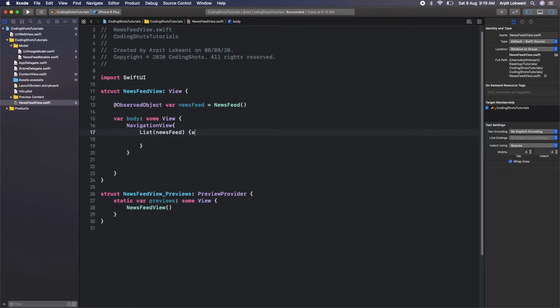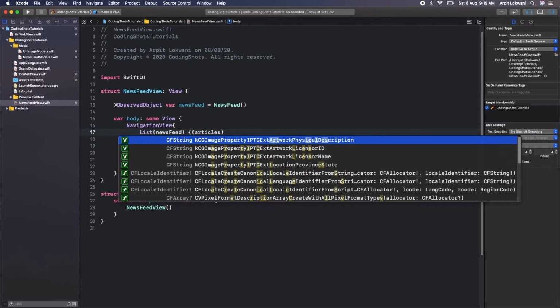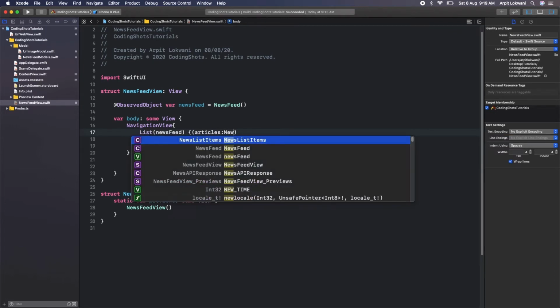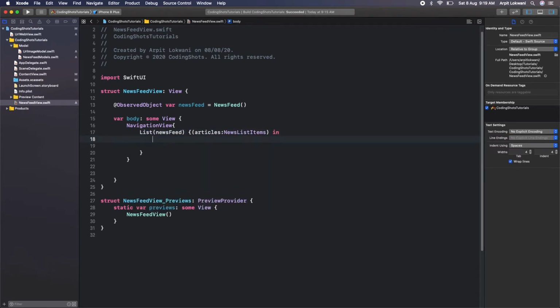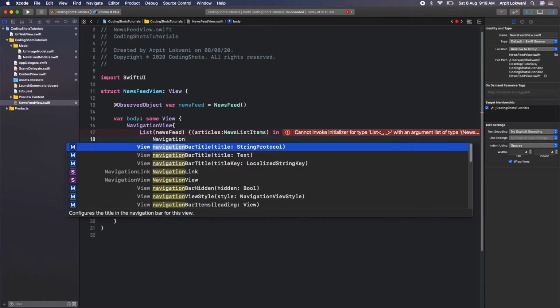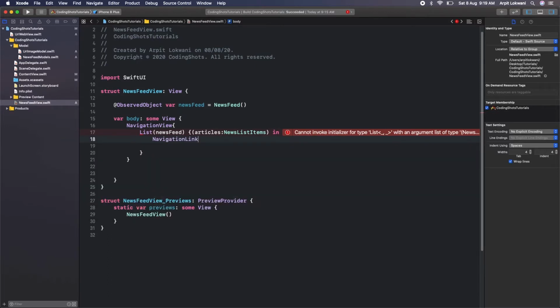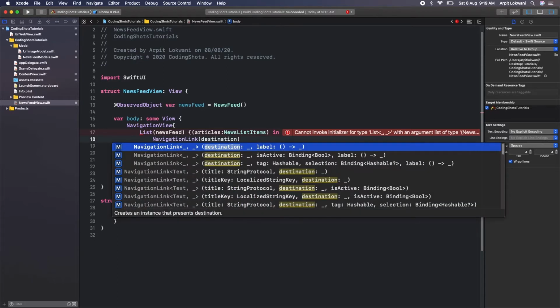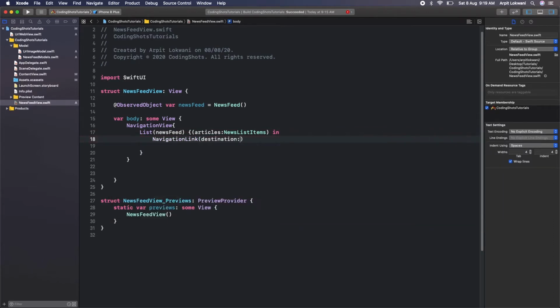So inside that, what we'll do, we'll pass the articles into it, for type of news list items. Now on click of every list item, we need to navigate to what we call the description page. So navigation link having the destination, but we have not created the destination yet, so we need to create it as well.